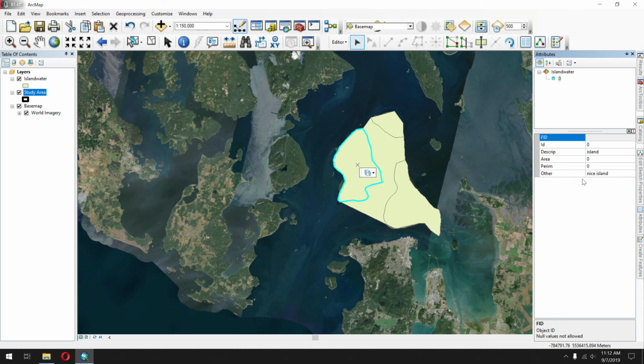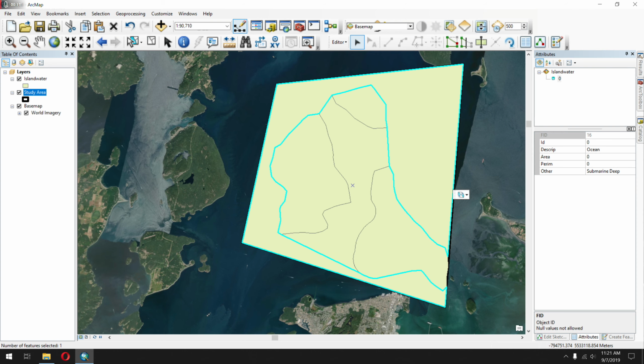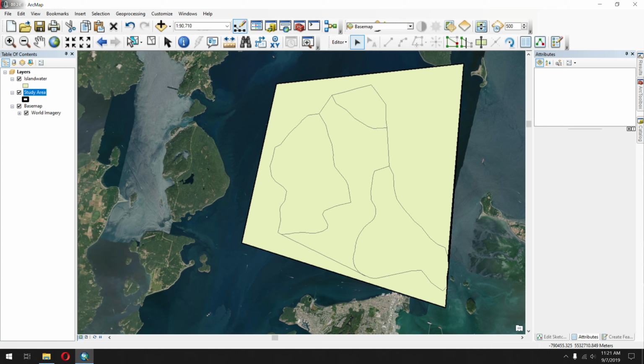Awesome. Okay, so off camera, someone came in and drastically shrunk the study area and finished filling in all the shapes. So now we have ocean, which is submarine deep, and we have the ocean, which is now yacht deep. That's between the islands, and we have our islands that are nice and small. And while this seems insane, you'll see why I did this. So now we want to